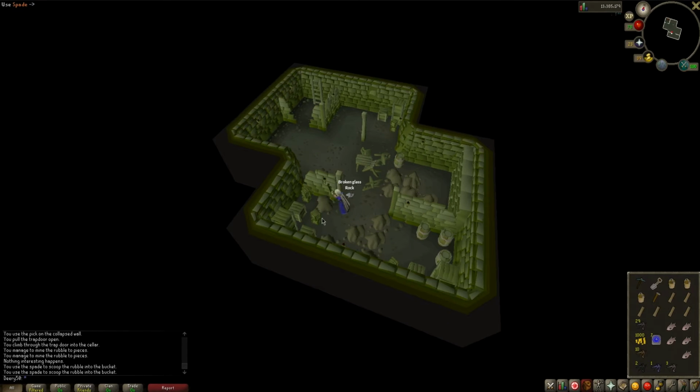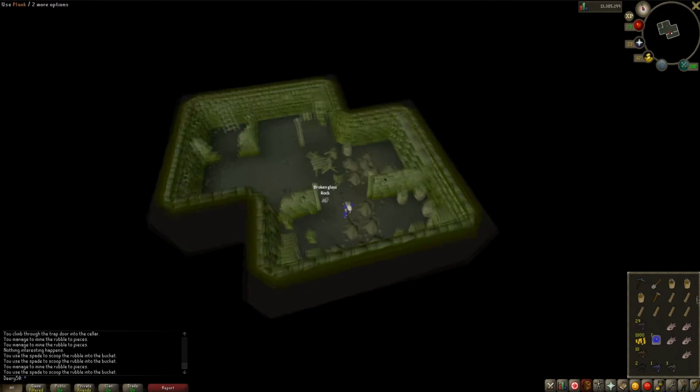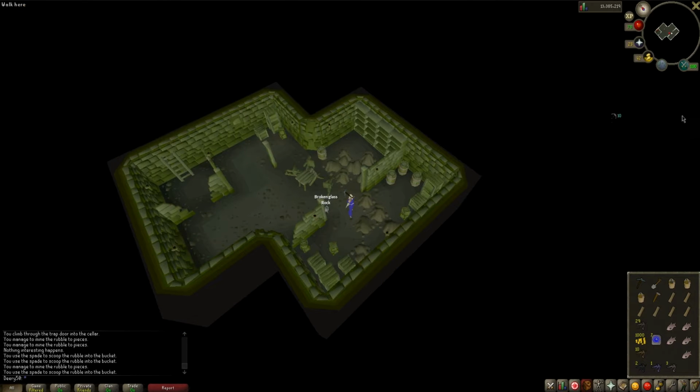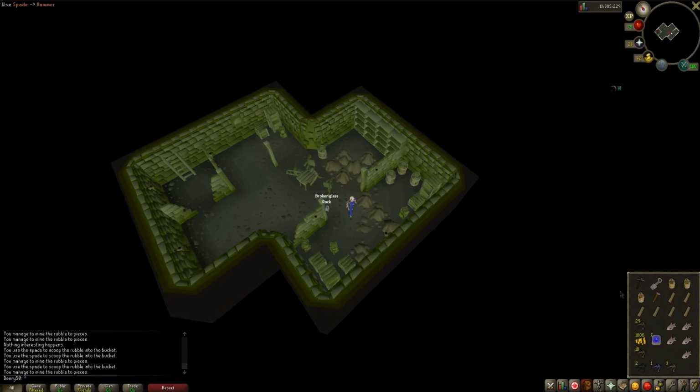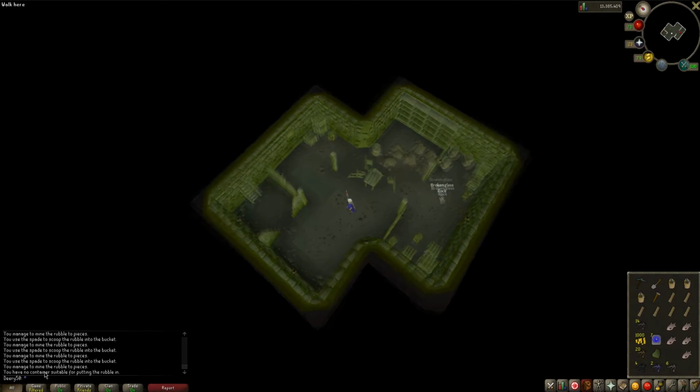So once again, you mine the rubble, and you use a spade on the little rubble patch left over to fill up these buckets. These buckets will soon fill up with rubble, and you might need to make multiple trips, and I'll show you where you can empty the rubble in just a second. Alright, so once all your buckets are full and it says there are no containers suitable for putting the rubble in,